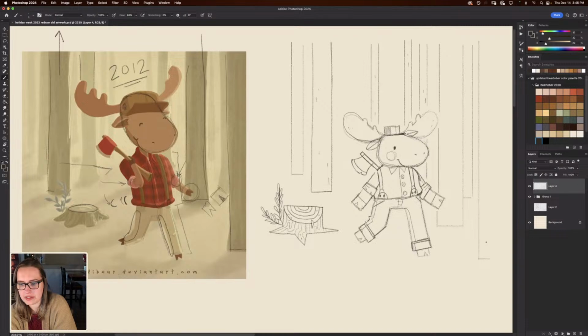Just trying to recreate the scene, the placement of the trees. It's not exact, but you know, you get the idea. Something like that. And then I might also add in some little grasses here and there, depending on, of course, what type of scene I'm going for.